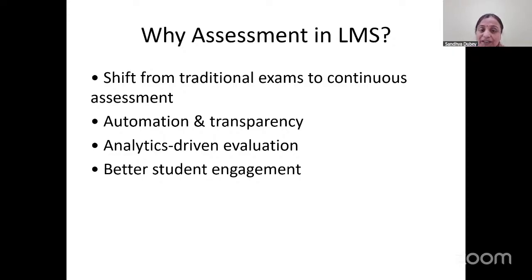As we all know, now we have a shortage of faculty, whatever department you are in. Then analytics-driven evaluation. Again, when you go for so many evaluations, faculties are already overburdened. Conducting evaluation you may be able to do using your TAs or your research scholars, but who is going to evaluate maintaining proper integrity?